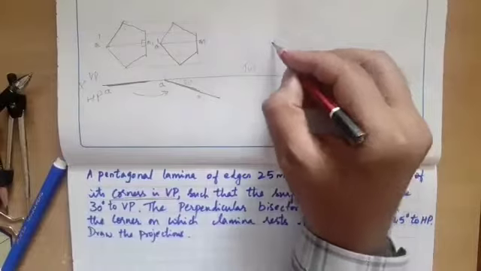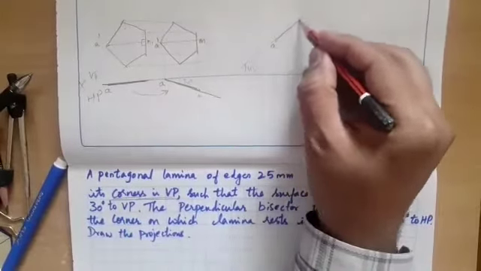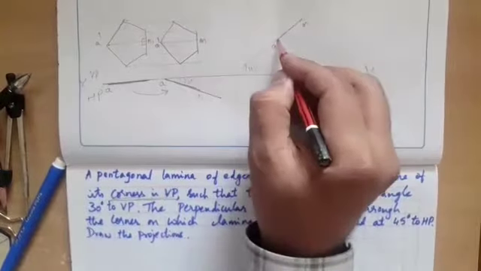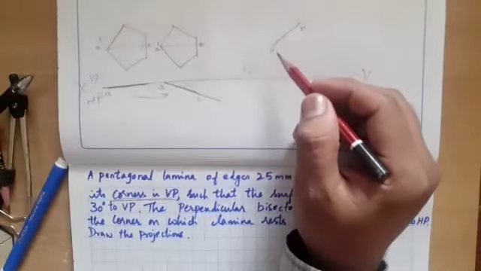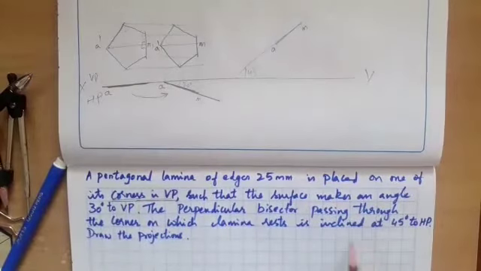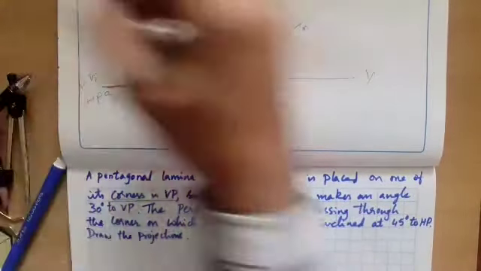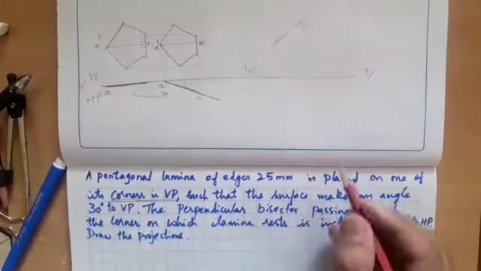45 degree to HP means this A dash and this M, the apparent shape that I have got here, will be shifted here in such a way that you need to check whether this direct representation is available or not. If it is available, you need to check, that is, whether it is appearing as it is at 45 degree. No, it is not appearing as it is.